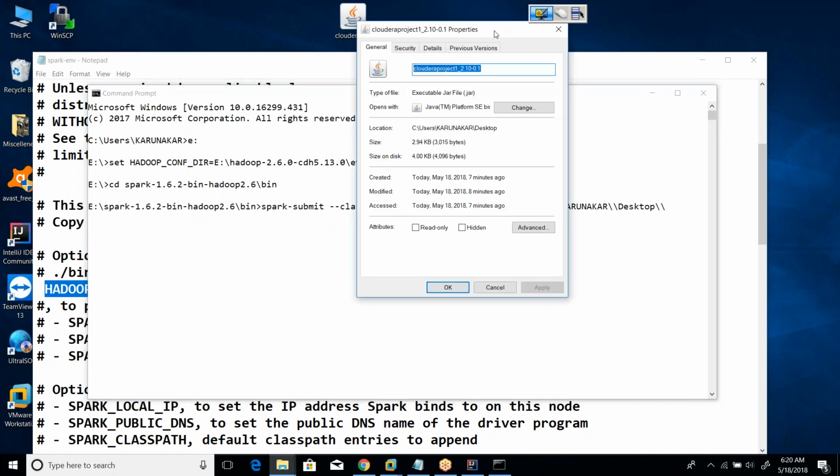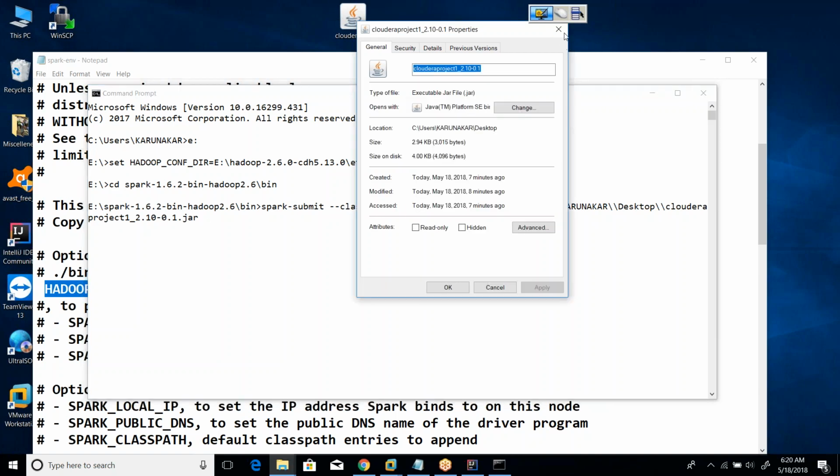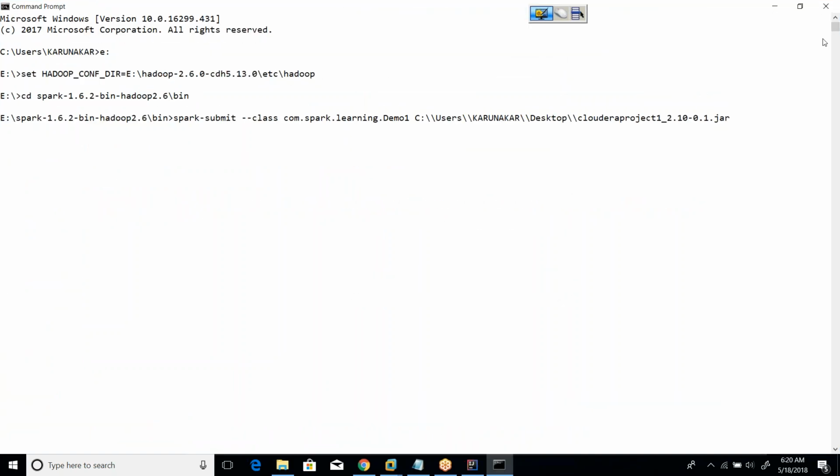Let me copy it and paste it here, dot jar file. Close this. Right, this is the jar path of the jar file, followed by which we need to provide the